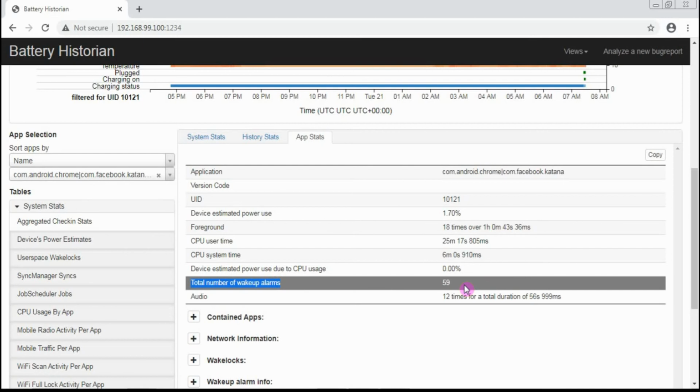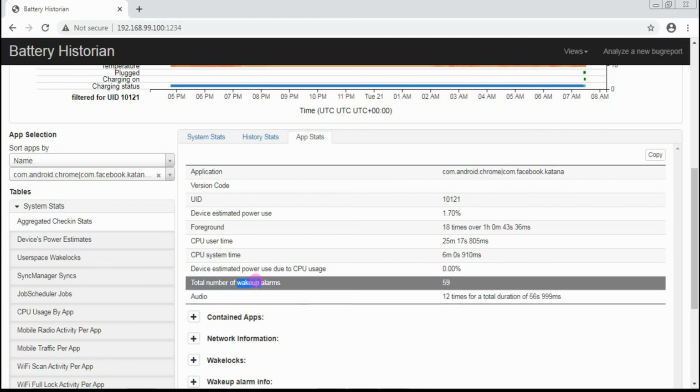Wake up is a concept in which, suppose the application wants to sync and it is in an idle state, as in you're not using the application. What will happen? There is a mechanism in the application wherein the app will automatically start certain processes. It will wake up and do the syncing mechanism, fetch the data and display it to you if necessary. Like in the case of Facebook or Gmail, we will be popped up with notifications. There is a certain friend request, a certain event which is going on, or a certain email which you have got in the inbox folder that would be displayed in the form of notification. So that is done using wake up.